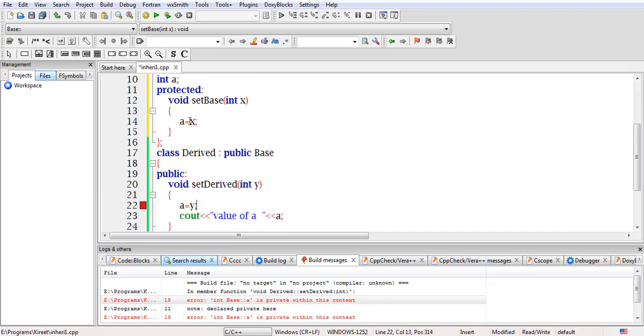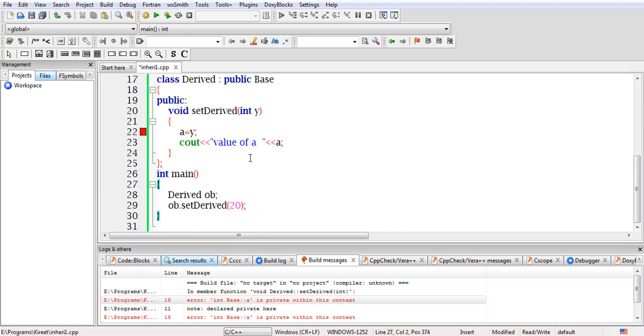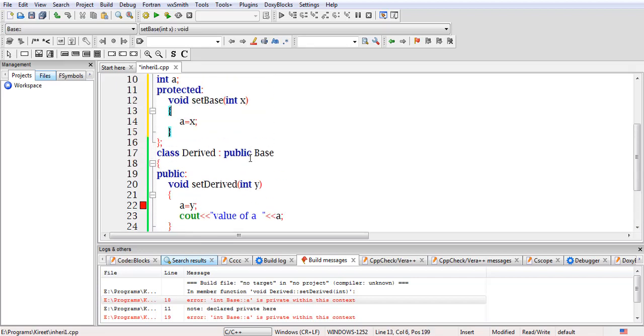Now in main, I have to create the object of the derived class. So this has been created. Let's comment this out, and remove this particular thing because it is not required now.